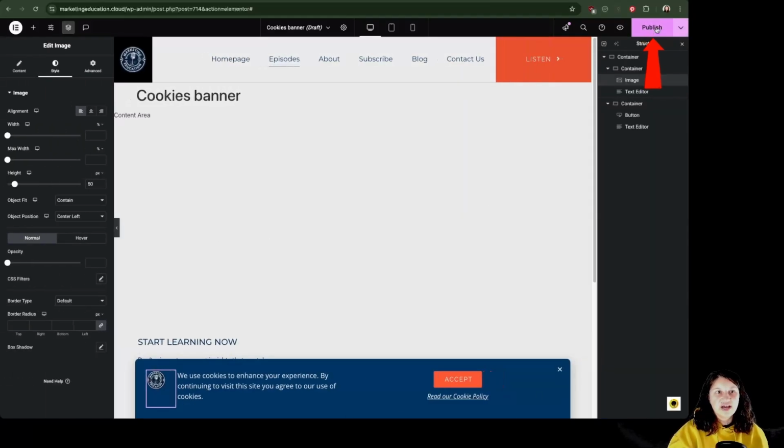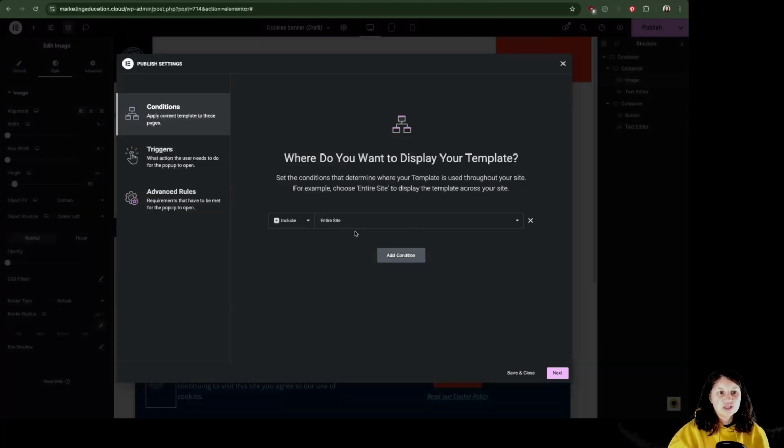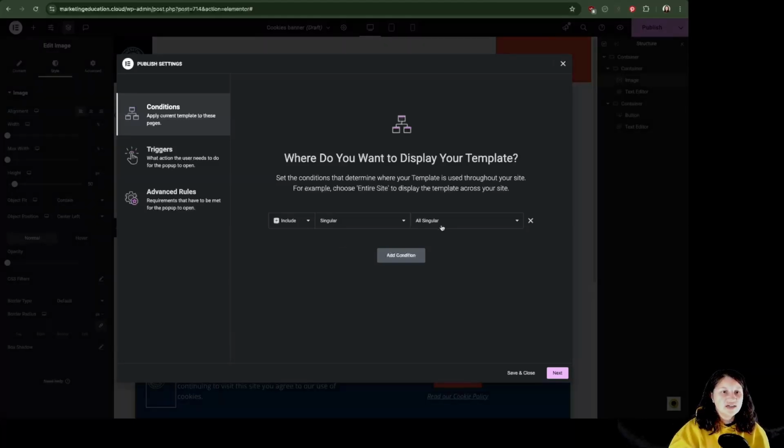So now what we have to do right now is click over here on publish. So we have the conditions. We have to add a condition. We can include the pop-up to the entire site, or to archives, or to singular. If we want one particular pop-up to be visible to only one page, we would go to singular. Over here we would choose pages if that's what we want, and then we will have to search for the pages that we want